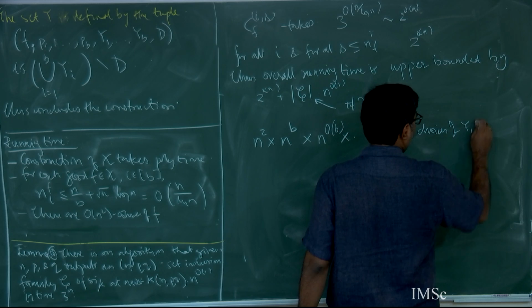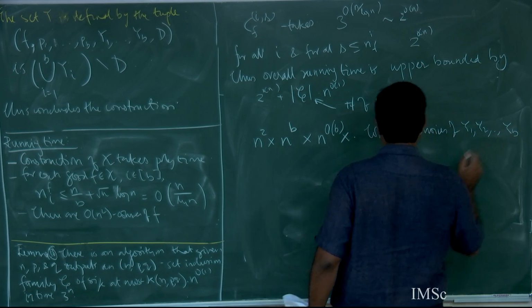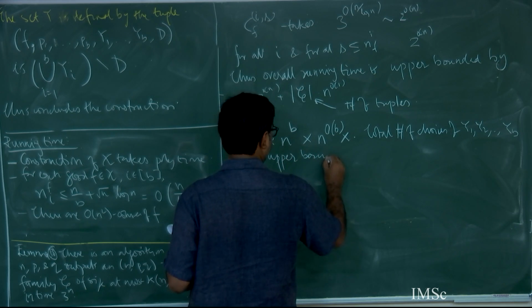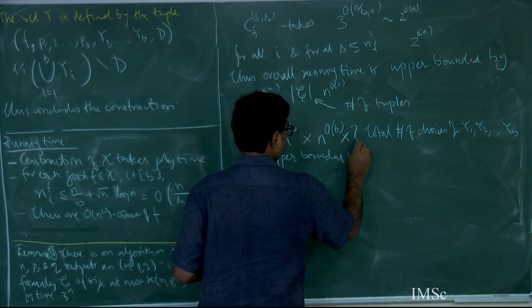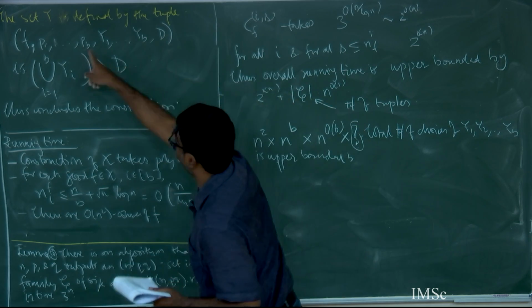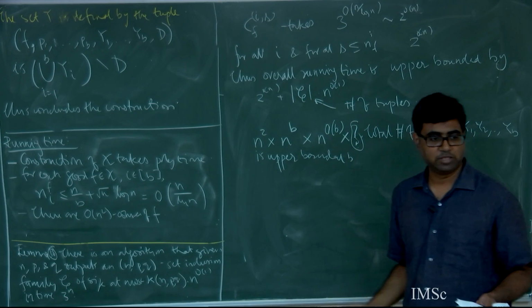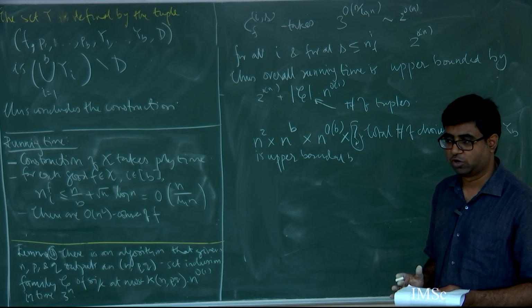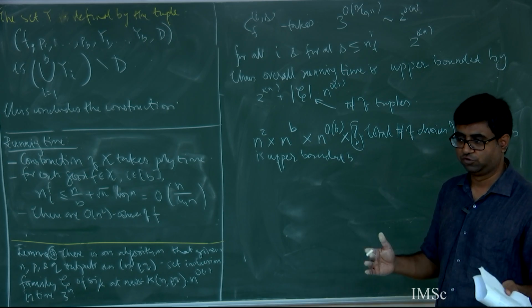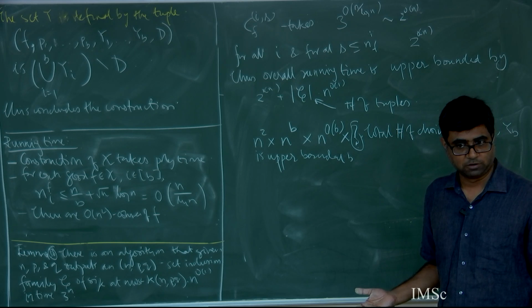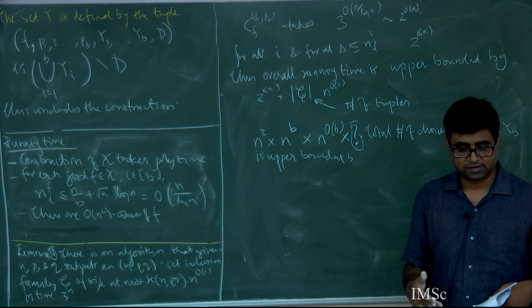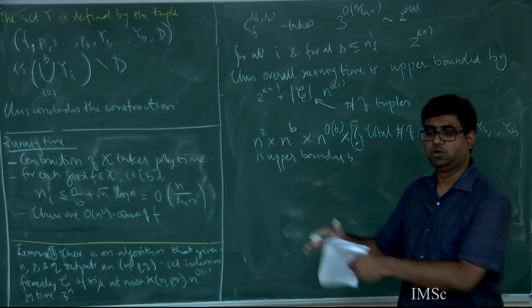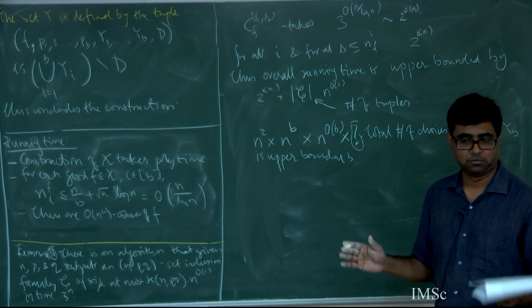Choices of y1 to yb is upper bounded by, because that is what we have not taken care of, bounded by question mark. We want to bound the choices of y1 to yb, because once we are done with that, we need to be clever, because we cannot be more than n choose q divided by p choose q. That is what we are hoping to get, right? That our construction has size n choose q divided by p choose q into some sub-exponential factor that I'm willing to let go.